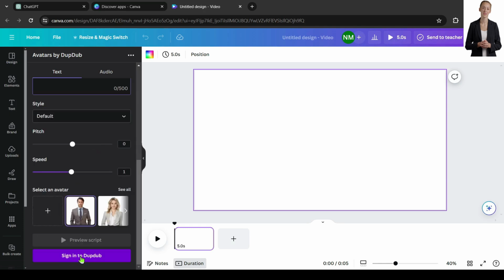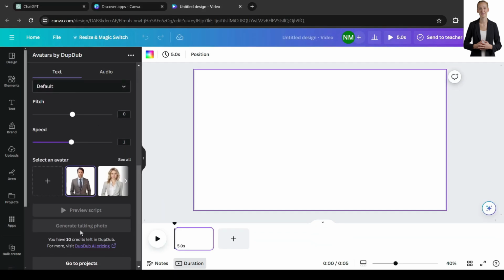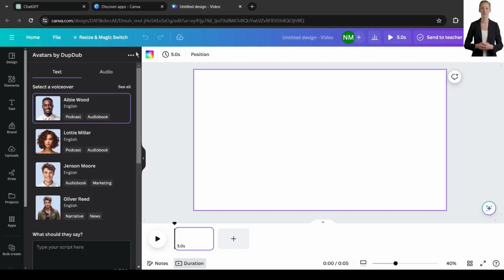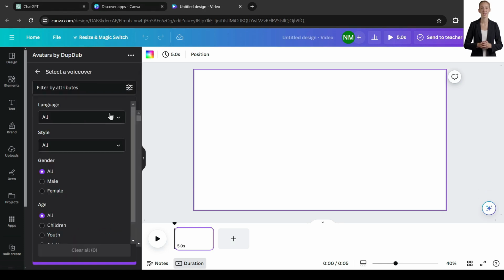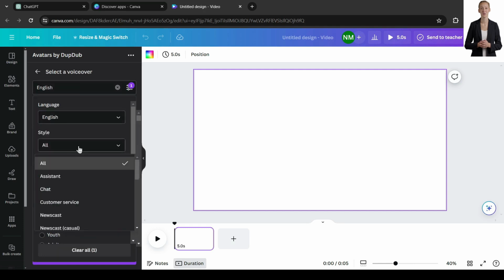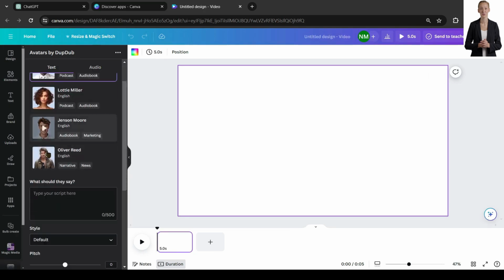For example, if you want to use Avatar by DubDub, select the tool. After that, create a new design or use its existing design. After creating the design, your interface will be like this one. There are two options to create an avatar. You can generate a voiceover with DubDub, or upload your existing audio clip. First of all, click on Sign in to DubDub from here